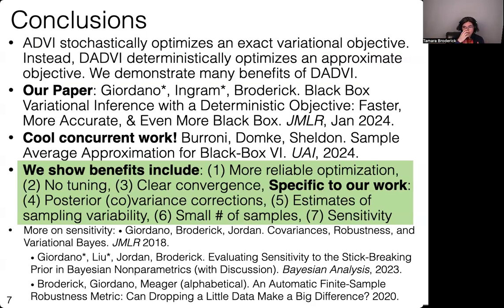And then finally, again, we have this additional functionality. Another thing that relies on this implicit function theorem is sensitivity analysis: sensitivity to things like the choice of the prior, the choice of the likelihood, to dropping data points. All of these are types of sensitivity that we've explored in other papers and that are made possible if we were to use